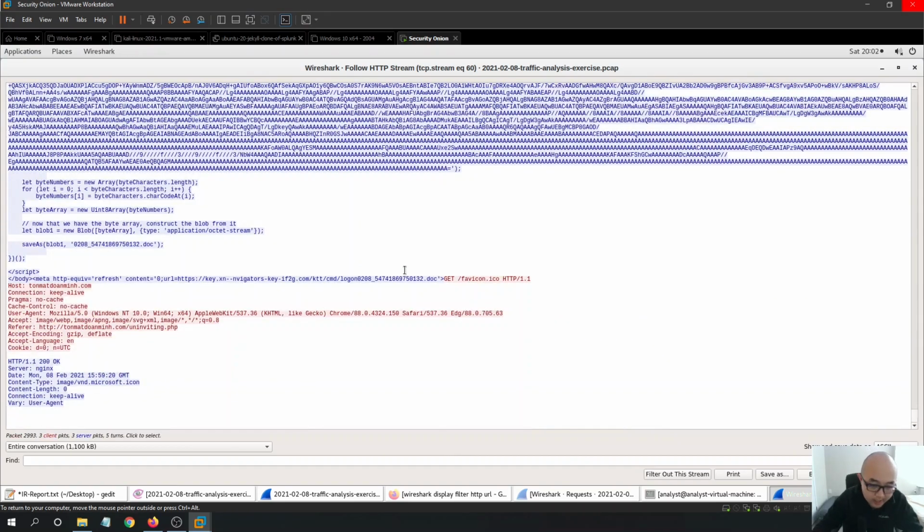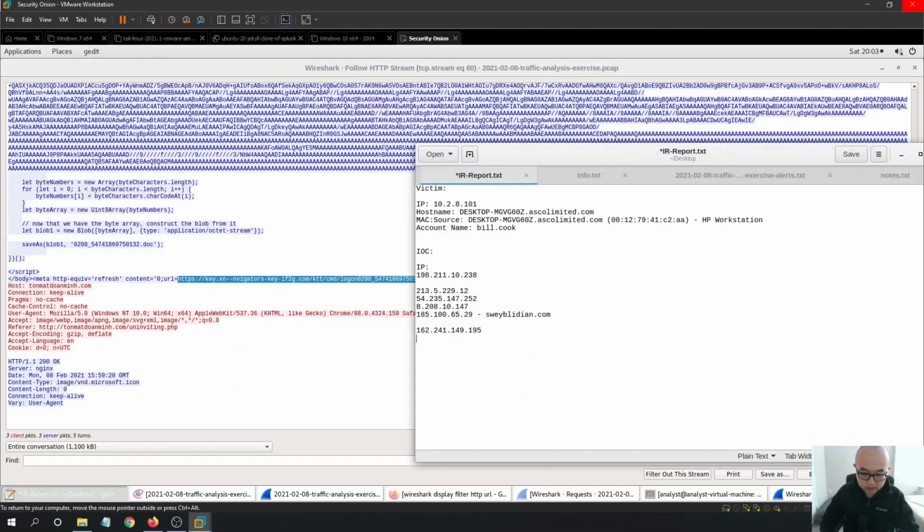And we see that in the end, in the body, we have this URL. It's a doc file. So this could potentially be malicious, because usually this kind of doc file is some sort of executable or has some sort of macro embedded into the document. So we want to copy it, put it as one of our IOCs over here,